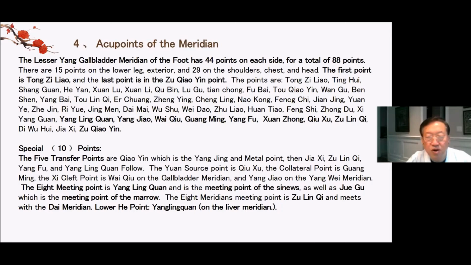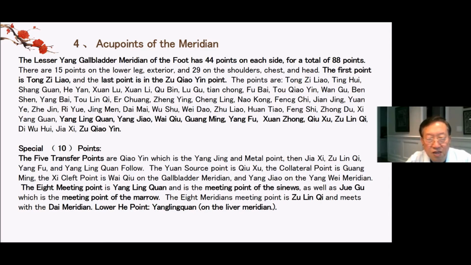The lesser yang gallbladder meridian of the foot has 44 points on each side for a total of 88 points. There are 15 points on the lower leg, exterior, and 29 on the shoulders, chest, and head. The first point is Tongziliao, and the last point is Zuqiaoyin. The points are, in order, Tongziliao, Tinghui, Shangguan, Heyan, Xuanlu, Xuanli, Qubin, Lugu, Tianchong, Fubai, Touqiaoyin, Wangu, Benshan, Yangbai, Toulinqi,